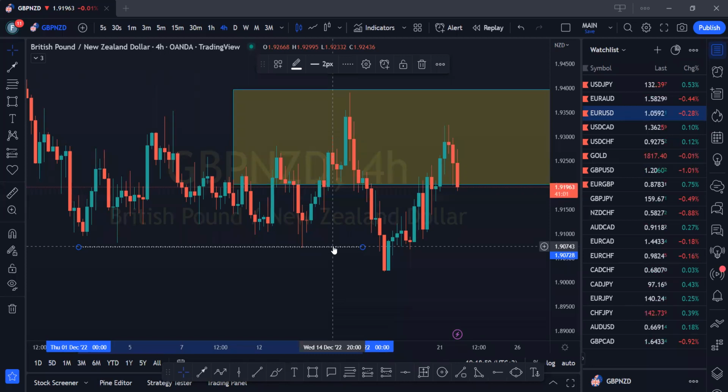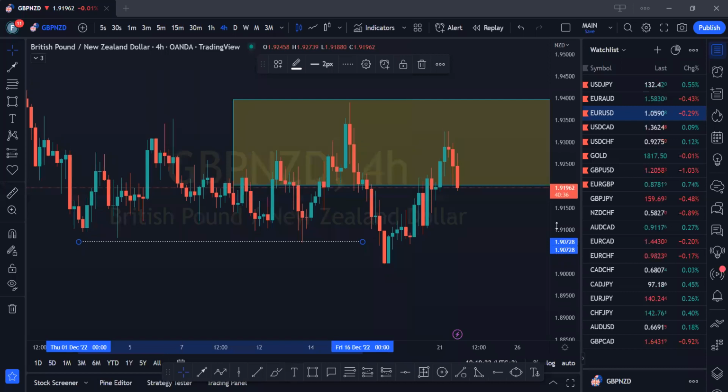Now, what market structure will help you determine is the direction of the market. Because your strategy can align at any point in time, but if your system does not align with the direction of the market, that is when you start losing a lot of trades, right? So you want to be on the side of the market every single time. Now, I said that to explain this contour.